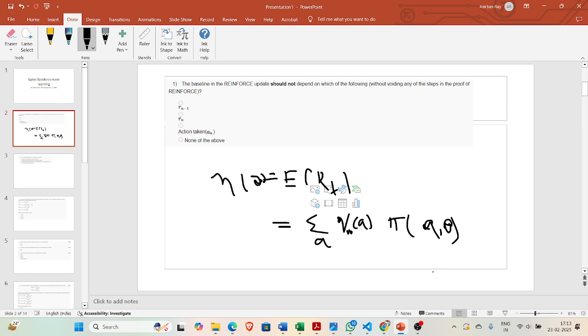And we have to move theta in such a way that we maximize this eta theta. So what we're doing is moving in the direction of the gradient of eta theta using a gradient ascent algorithm. These I have seen in the lectures. And this is the learning rate, as you would know.